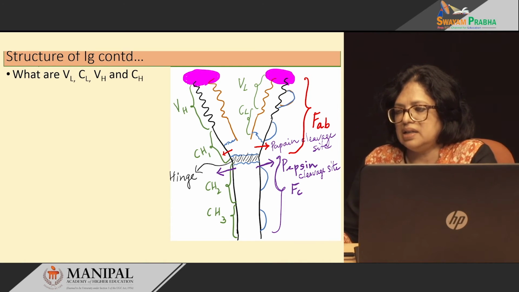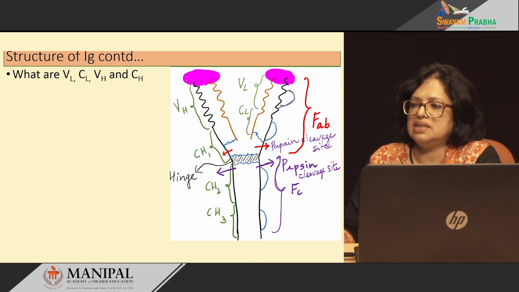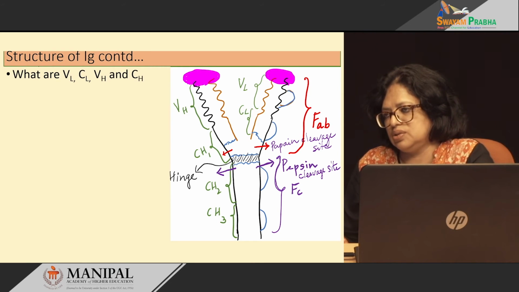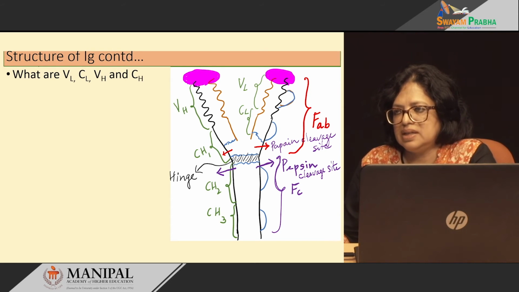So, on either side the papain can cut, producing a fragment which contains the entire light chain and 2 domains of the heavy chain, that is the VH and the CH1. So, one piece like this on the right side and another piece like this on the left side, indicated by 2 red arrows. So, papain cleavage produces 2 antigen binding fragments, one on the right and one on the left